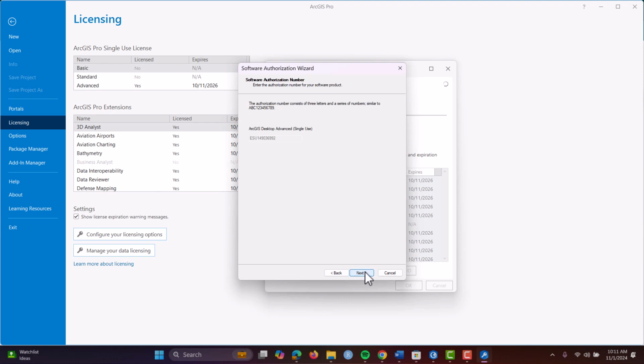Click on Next. Then it will populate your ArcGIS Desktop Advanced Single-Use License ID, which is this. Click on Next.